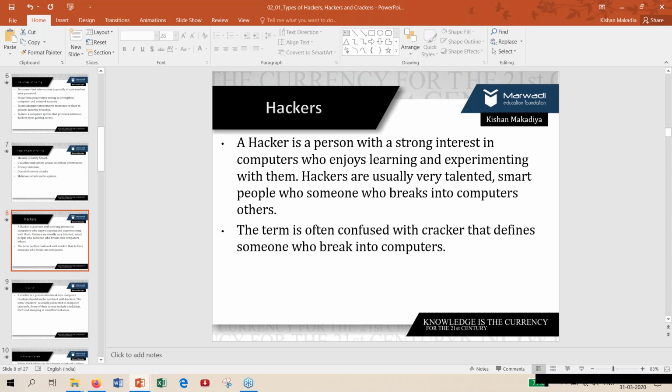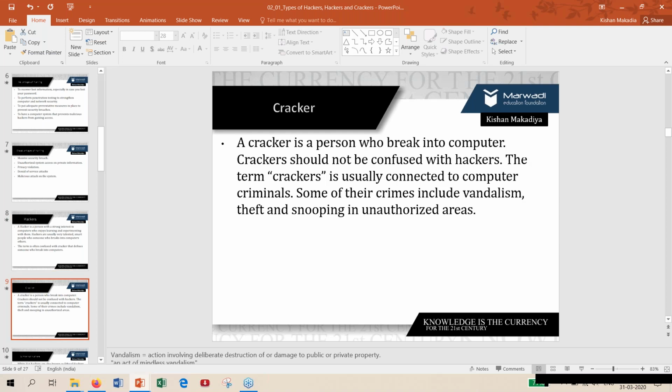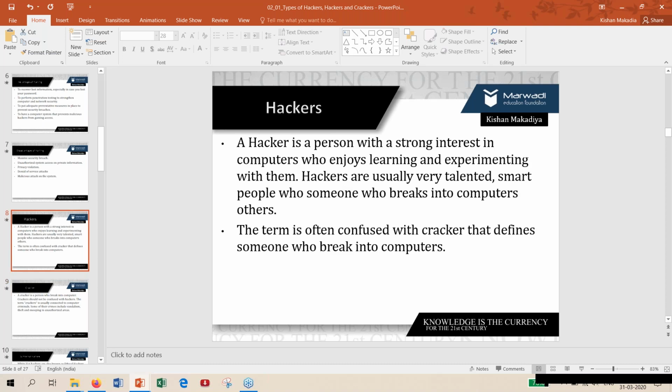Let me take one keyword, for example knowledge. A hacker has knowledge of each and every area, for example programming, scripting, and networking. A cracker is not at that level of knowledge, because they can use a certain tool and break the system. A hacker is at a particular level of knowledge, very talented and smart, and works for the safer side of each organization or person, identifying problems, vulnerabilities, or any threat in a particular organization.